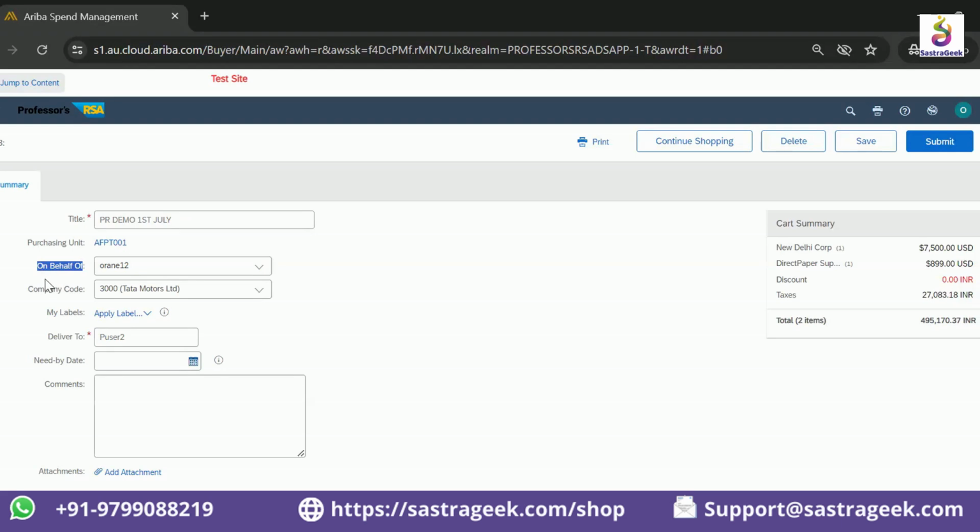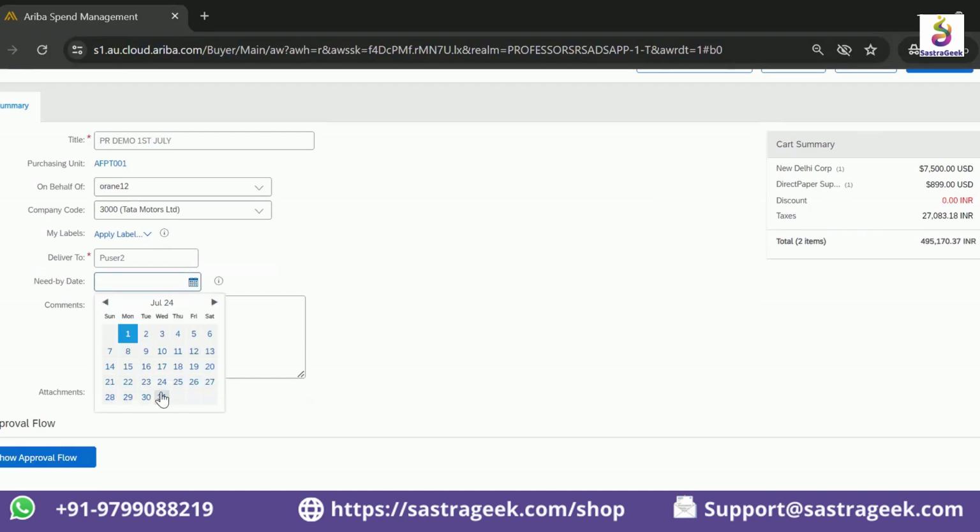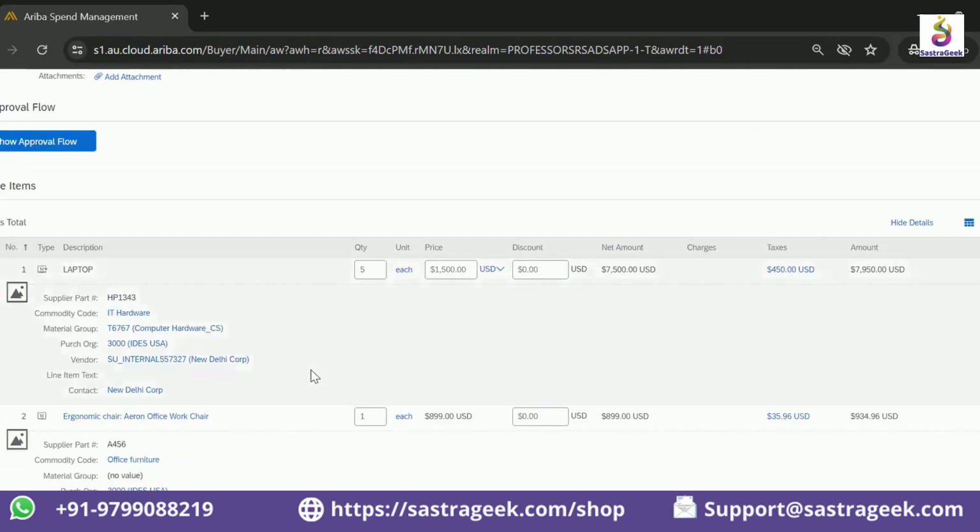Requester is more meaningful, and that is better than creating an on behalf of, but on behalf of, also called OBO, is a standard out-of-the-box field name. So if you want to customize it and put it as requester, that is also possible. To some extent, that was a good idea. So when I want this item, 31st July, when I look at the two line items,